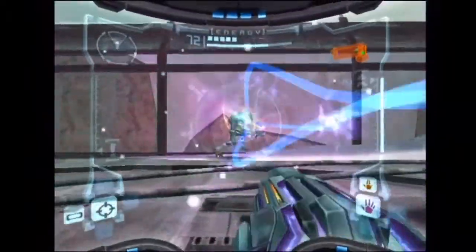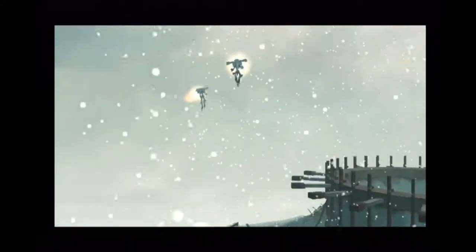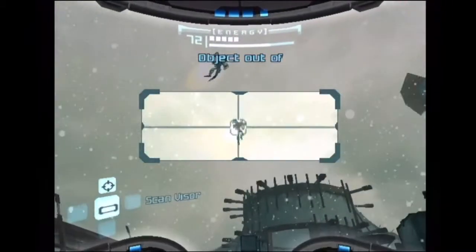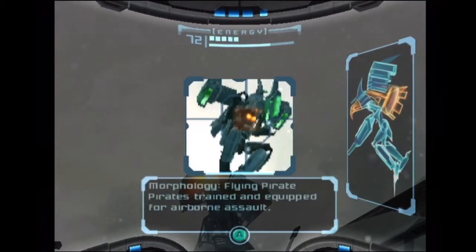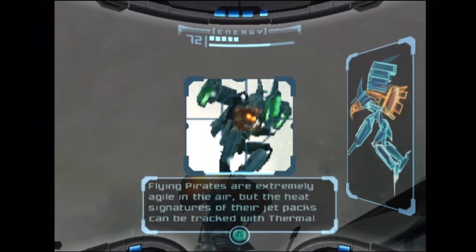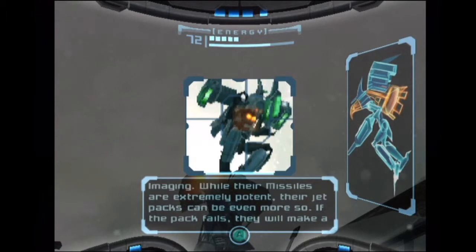You missed there, buddy. But now we get a cutscene, which means bad things are about to happen. And we get a new enemy type. Did I scan the regular space pirates? I don't even know. But you scan this guy, and it'll say that it's a flying pirate. Oh no. So they have a jetpack. And thermal imaging again. I don't know what that's about, but